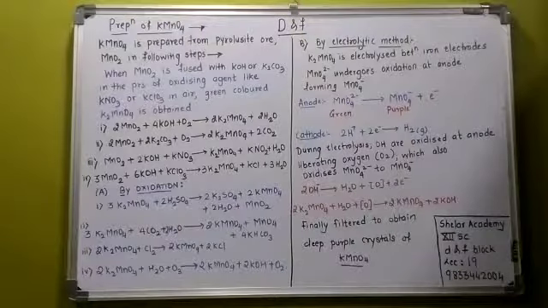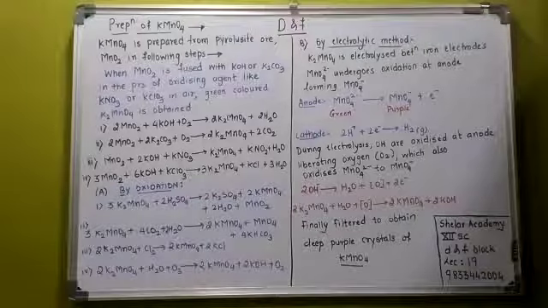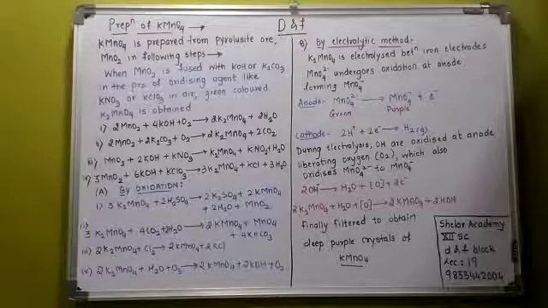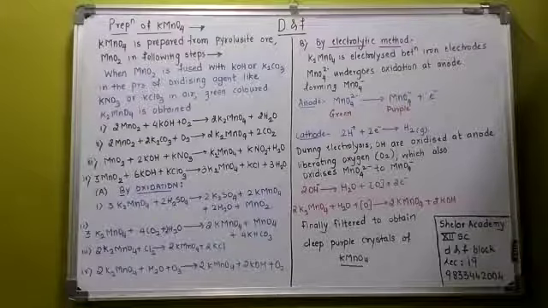Lecture number 19, the method of preparation of KMnO4. Even this is important. Now again, as I repeat, the alternate method of preparations are expected, like every year it is being expected. It's a 3-mark question, KMnO4 as well as K2Cr2O7. Now we start with the method of preparation of KMnO4.